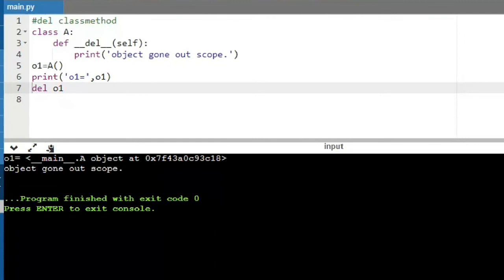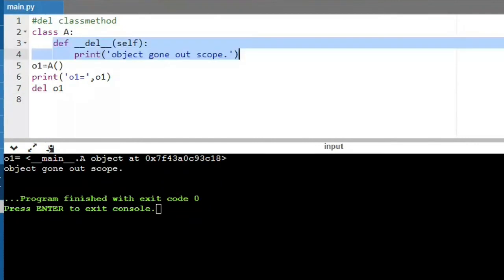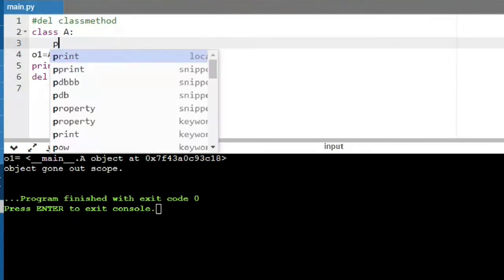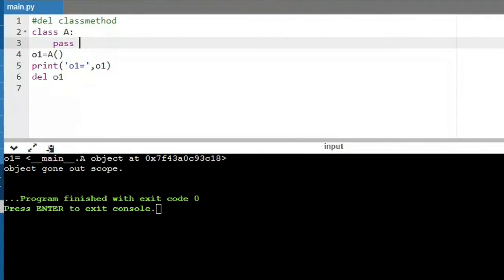Okay, so now let us look into another concept, wherein I have discussed the repr method, which is REPR, and also the str method. Both are inbuilt methods which are used to return the printable string representation of a given object. The syntax is repr, and you pass the object into it, and for string, str, and you pass the object into it.